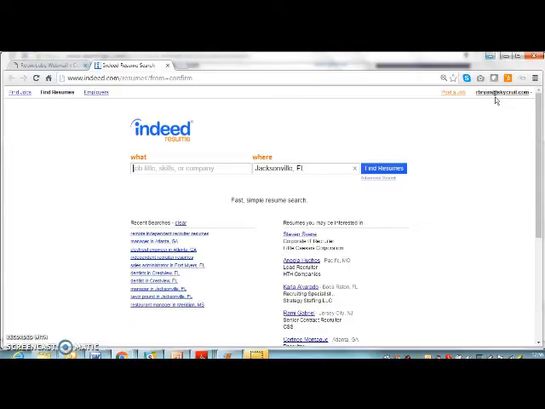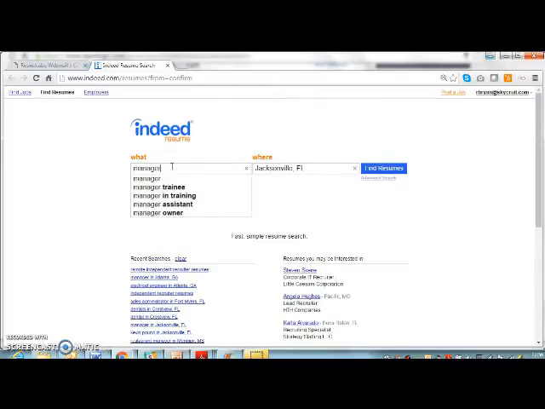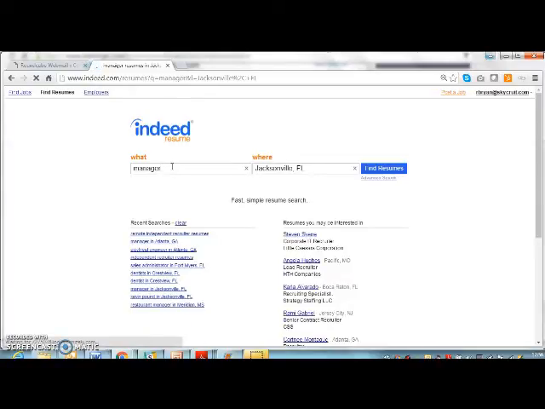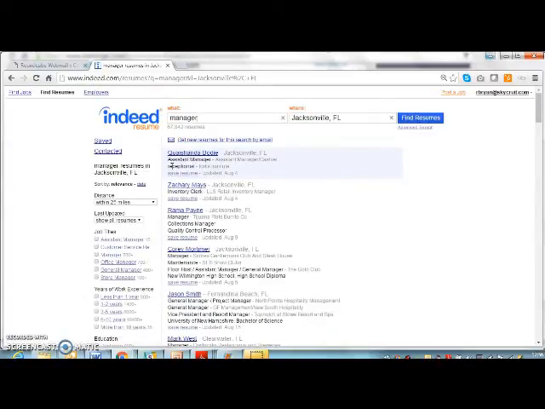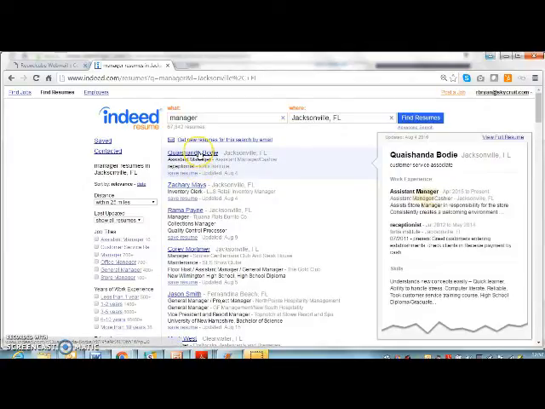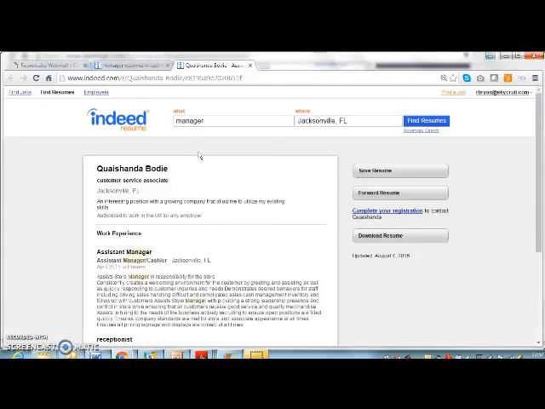So now we're going to go to the next step, and it doesn't really matter what comes up here. Mine comes up Jacksonville, Florida, because that's the default, but we're just going to type in manager, and we're just trying to bring up a resume, anybody's, it doesn't really matter. And so we're just going to click on the first one that we look at here, and when that comes up, over here, if you can see, it says complete your registration to contact this person. So we're going to click on that,